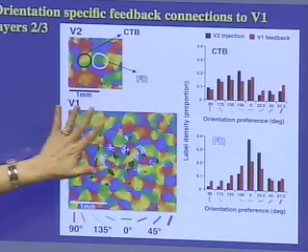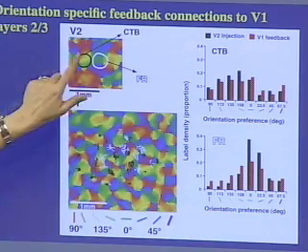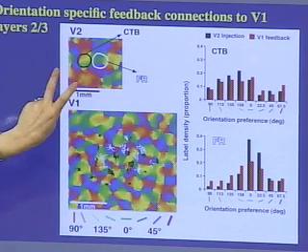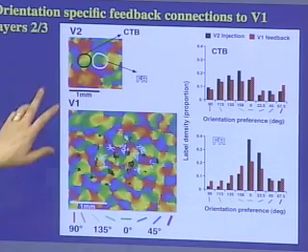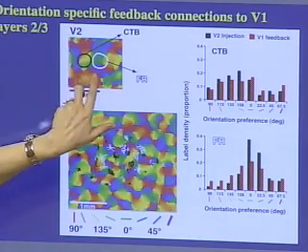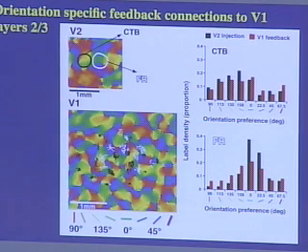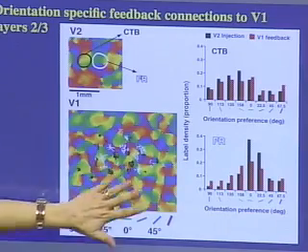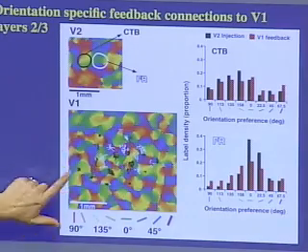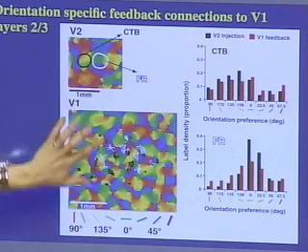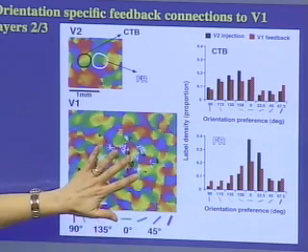So what I'm showing you again is an optical imaging map. This is of an area V2 where we have injected two separate tracers that we can then distinguish. One is called CTB, and the other one is fluororuby. The black and the white tracers are targeted to domains, regions of cortex that prefer different orientations. And here, this is a map of orientation in area V1 with, in black and white, the terminals arising from each injection site. So this would be the feedback connections to V1.